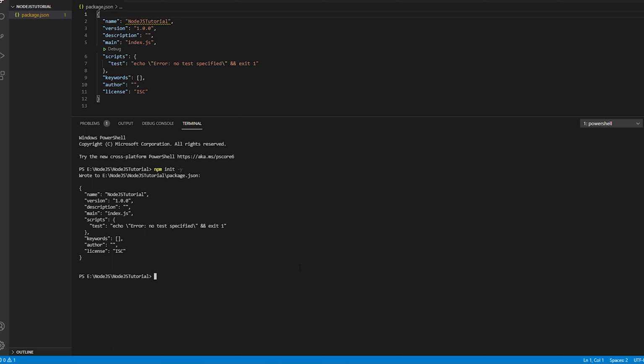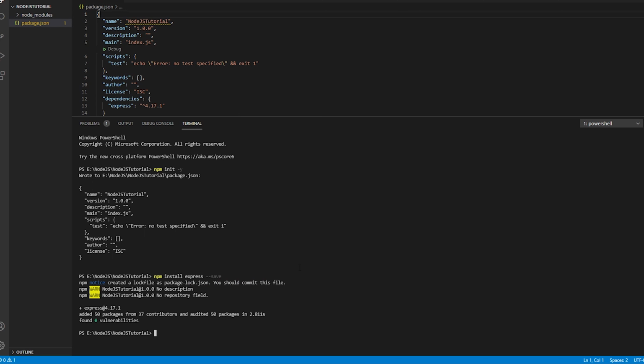First module that we will install is Express. Express is a module that will help us run REST API calls in our project. To install Express in our project, we type npm install express --save. This will make sure that this package is added to our package.json file. After the installation is complete, we can see that a node_modules folder was created, and inside the package.json in the dependency block, we can see the package name and its version there.